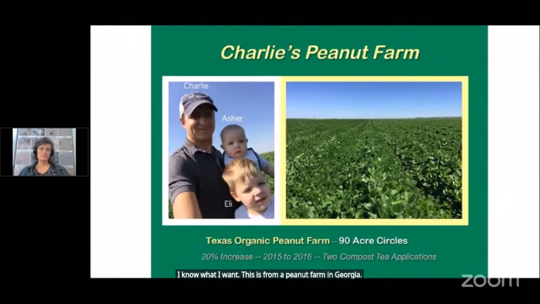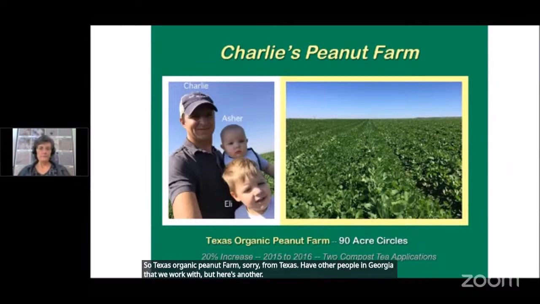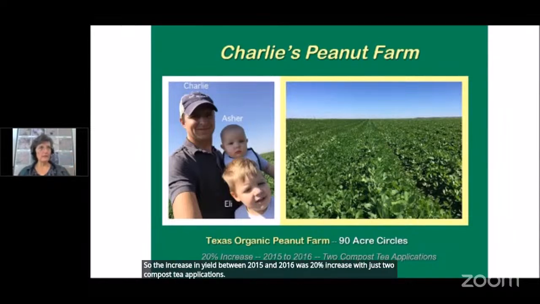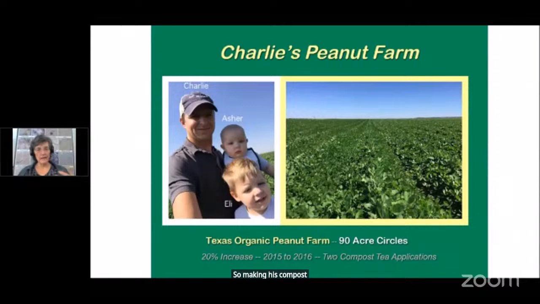So, a Texas organic peanut farm. We have other people in Georgia that we work with, but here's another. The increase in yield between 2015 and 2016 was 20% with just two compost tea applications. So he made his compost, learned how to extract the organisms from that compost and then grow them, making the tea